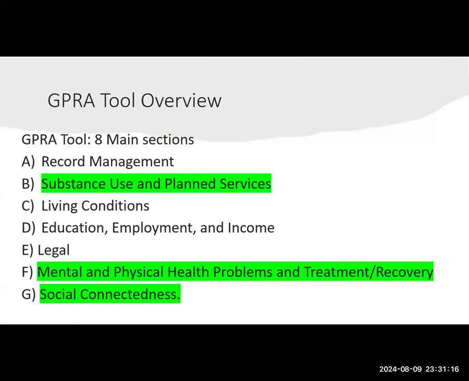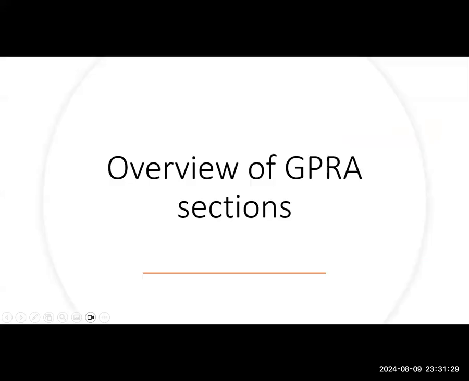While all of these sections are important, this video will focus on providing targeted guidance for specific sections that ask about sensitive information, including Section B, Section F, and Section G. We'll discuss different sections of the GPRA tool, and we'll give a very brief overview of Sections A, C, D, and E, in order to focus in more depth on sections B, F, and G, which ask clients about sensitive